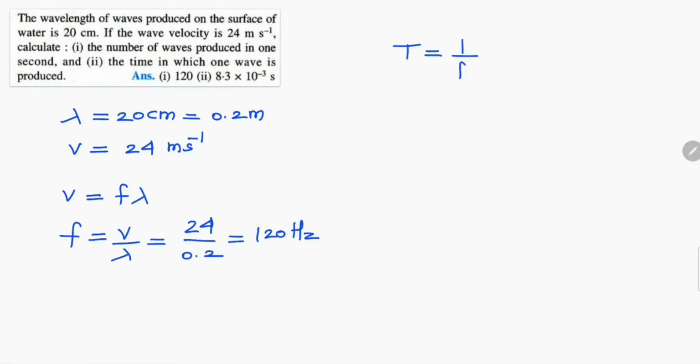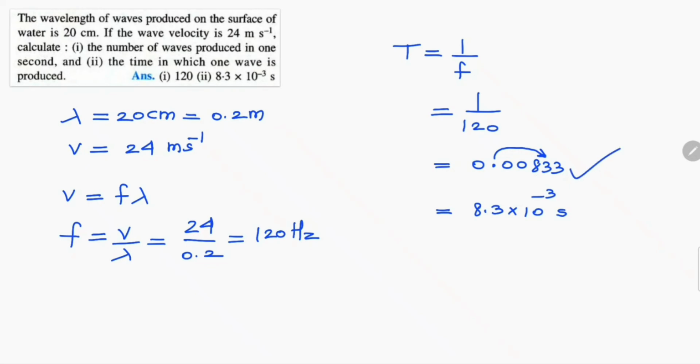Time period is 1 by F. So 1 upon 120, divide this, you will get 0.00833 recurring, which can also be written as, have a look, I'm shifting the decimal. 1, 2, 3 places I am shifting. Whenever you shift on the right hand side, it is minus degrees minus. So that many seconds. You can leave your answer this way also, but in exams, as I told you, we